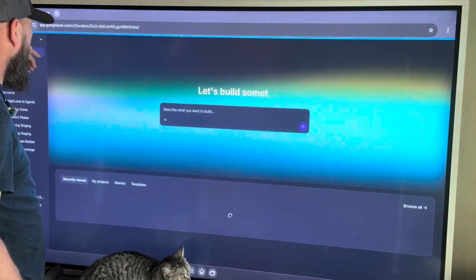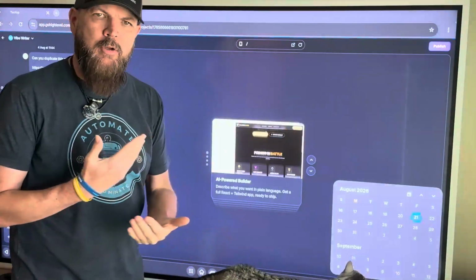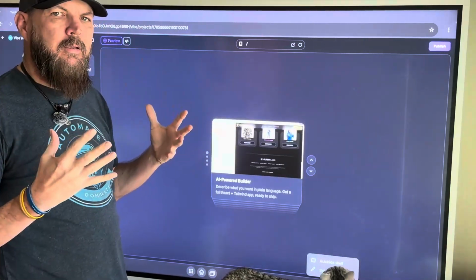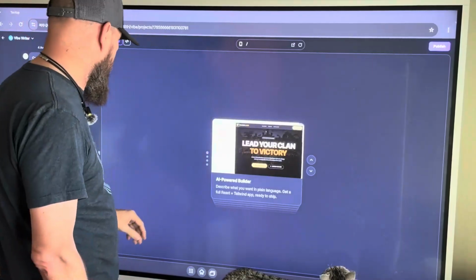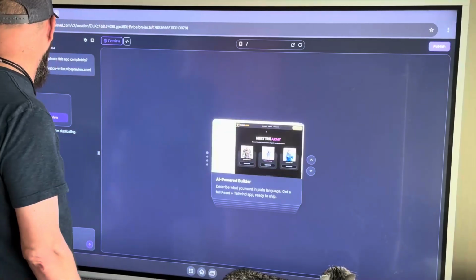You don't even have to be a web designer. You don't need to know programming. You just need to know what you want and be able to explain it, right? Now, once you get the site how you want it,